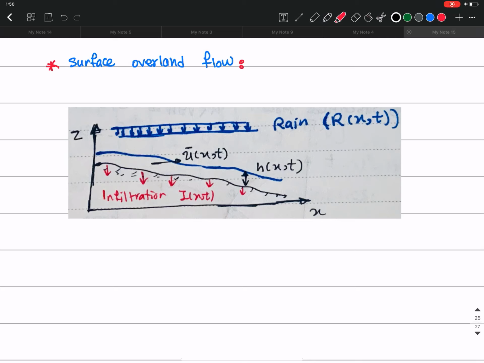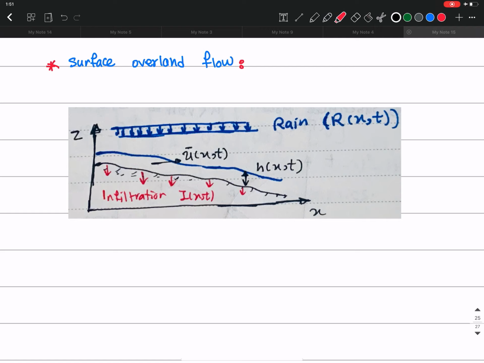Hello everyone. So in this session, we want to use what we learned in shallow water equations and then solve a real world problem. So I'm just going to tell you how this is being solved numerically. I'm not going to go through too much detail, but I just want to lay out the basics and the principles that we learned and how these shallow water equations are used to solve some real